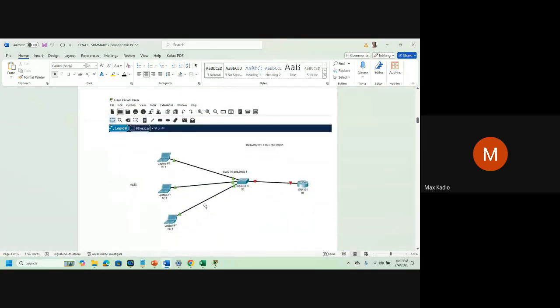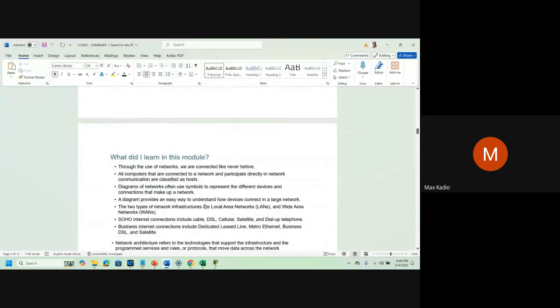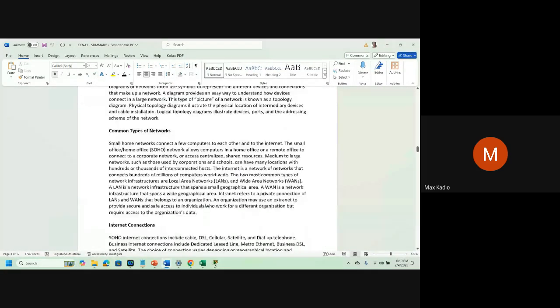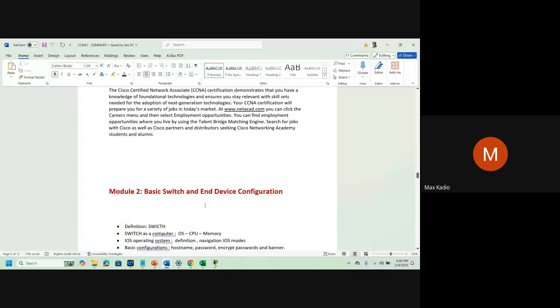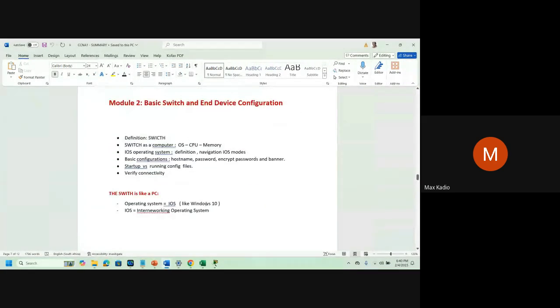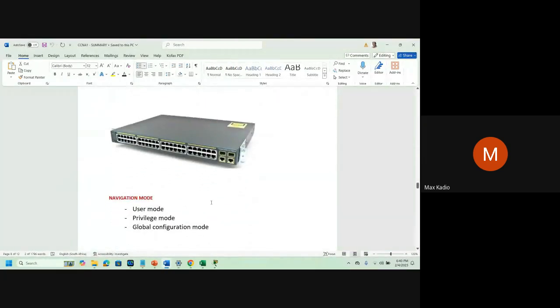And this is an example of a small network. A switch, what is a switch? At the CCNA level, we'll teach you step by step how to use a switch, because in a company, they will pay you to configure it to make it work.